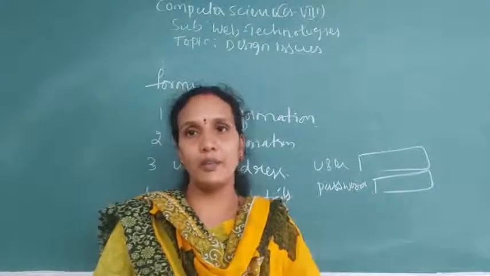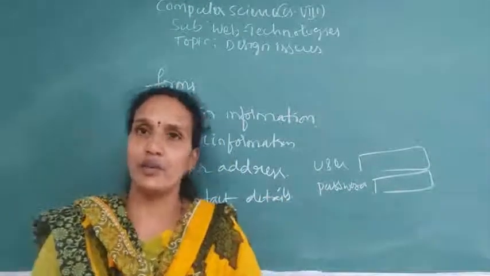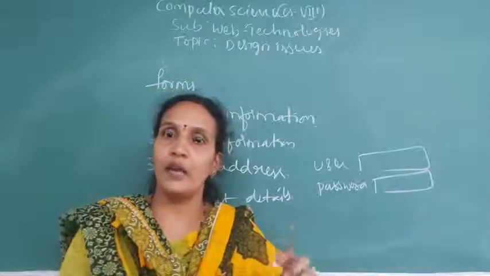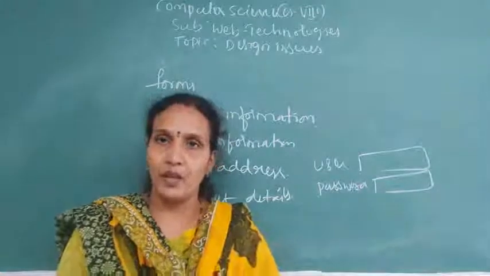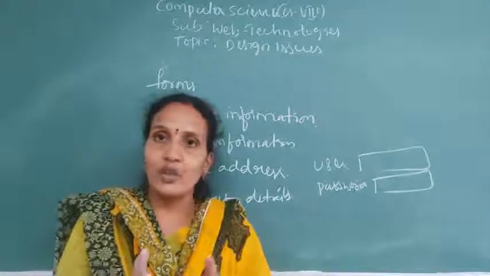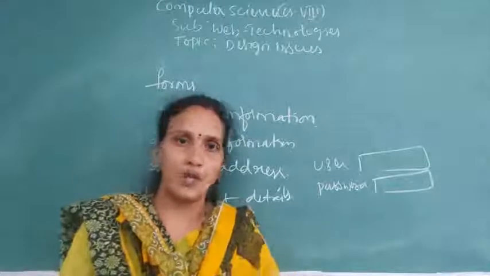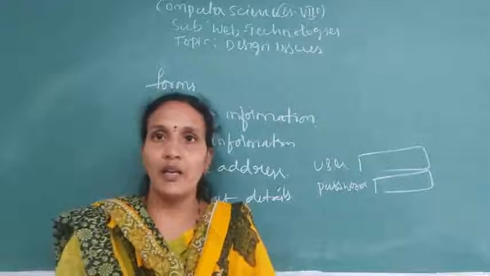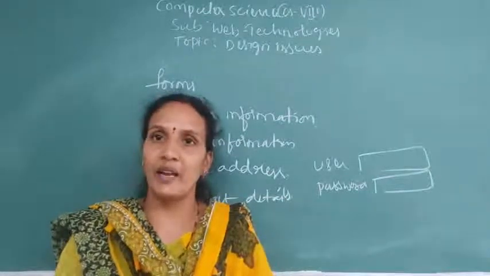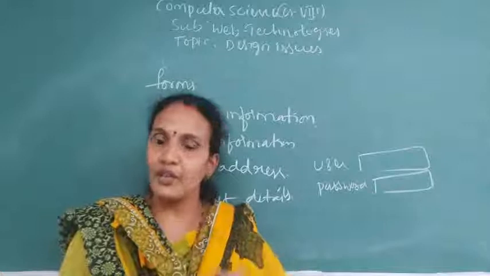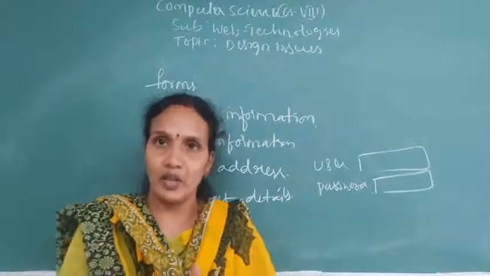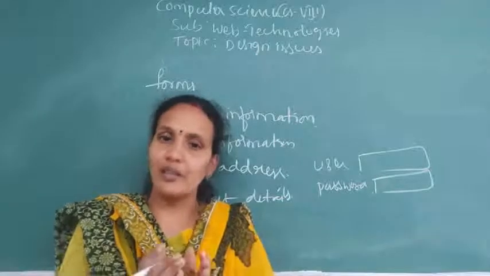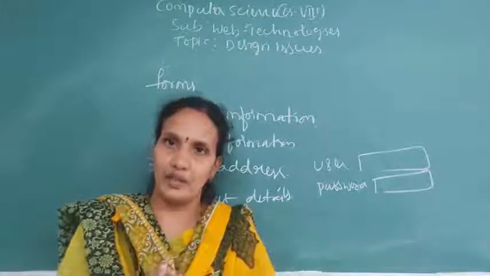And one more thing is, for example, you are designing a student application form. Student name, father name, phone number, address will come under the personal information. So according to the nature of the field, you should create groups. One is the personal information, the second is the academic information, and the third one is the extracurricular activities. So whatever information you are collecting, based on that you should put those fields into a group. Okay, so that it is easy for the user to enter the information.